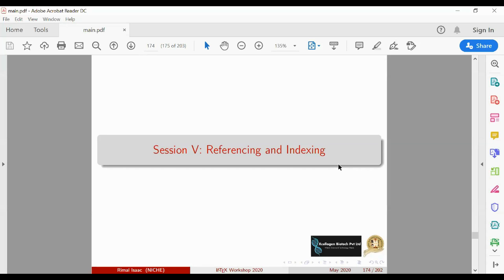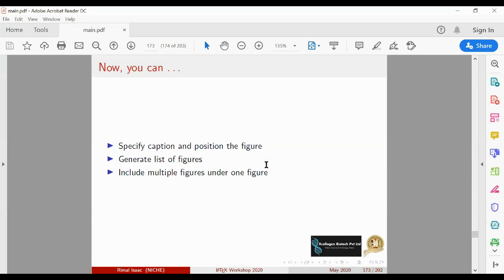The next question is, can we make a PPT using LaTeX? See, what you are seeing now on your screen is a PDF.